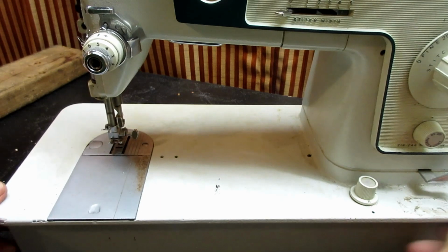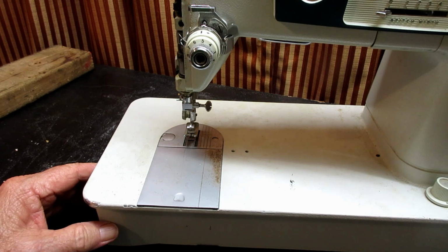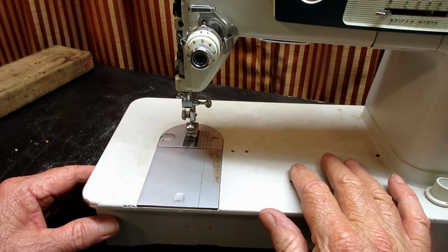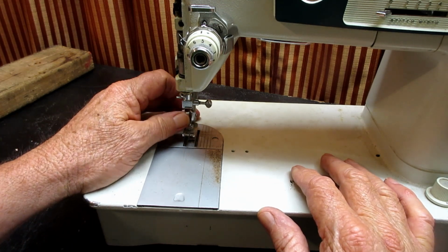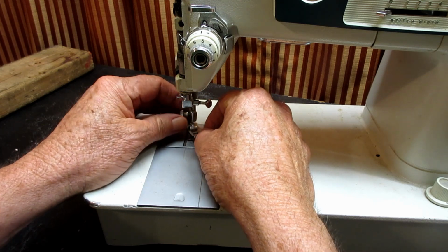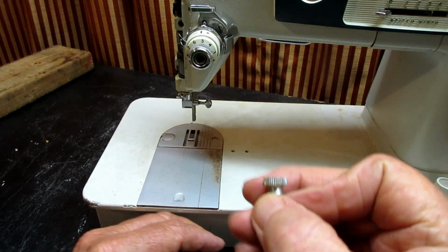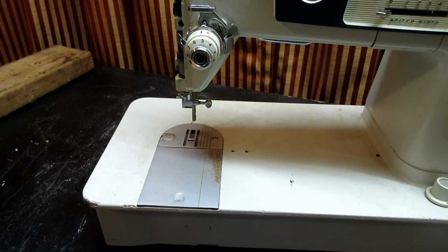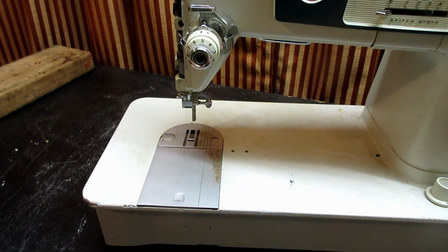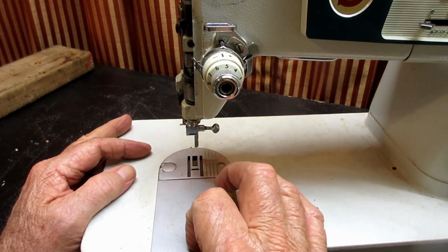Now I'm going to go back here. I already took the needle out of this in the other video, but if you have a needle, take it out. You can take the presser foot off if you want. So we're going to be doing some work on the machine. It also has a little thumb screw, so I think it's different than the face plate thumb screw, so don't get those mixed up. And then I'm going to start by taking off the needle plate,